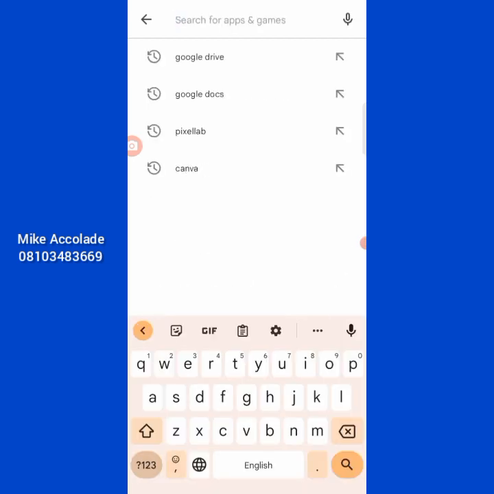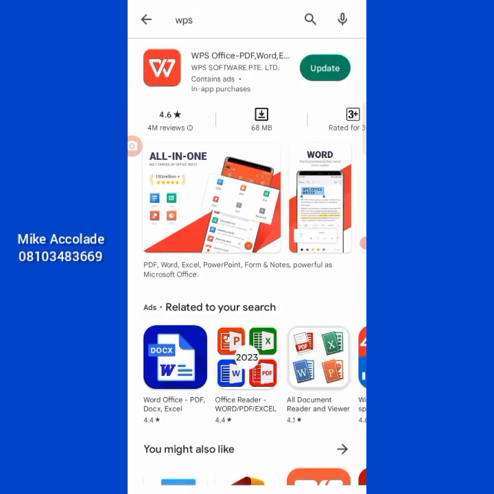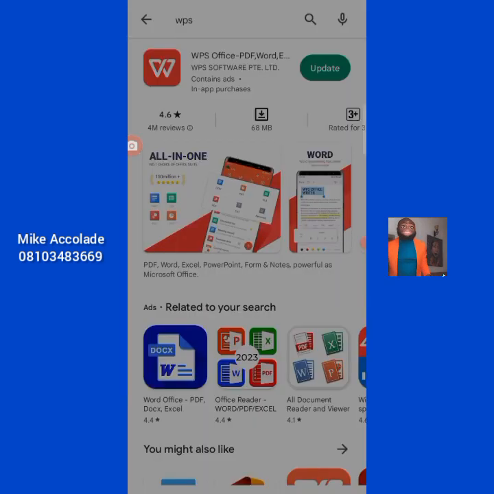Then you can also get this app, WPS. WPS is like an alternative to Google Docs. Google Docs is for writing ebooks, in docs format or PDF format, and you can easily use it and explore it. So if you want to know how you can use Google Docs, how to create podcasts, how to create everything,